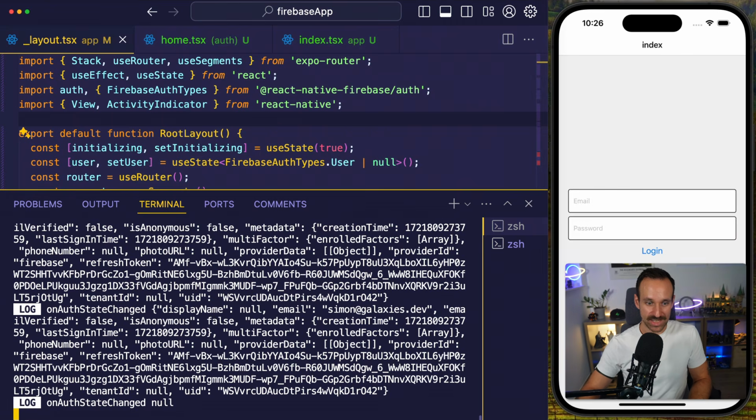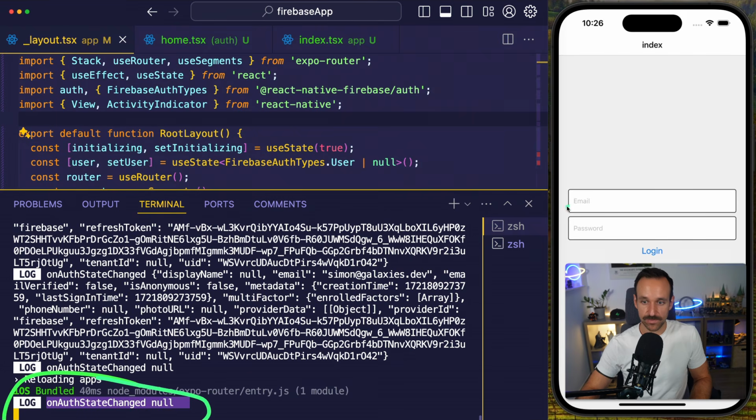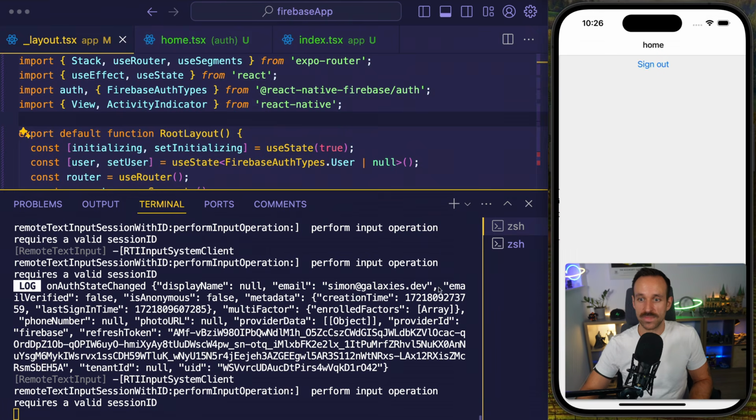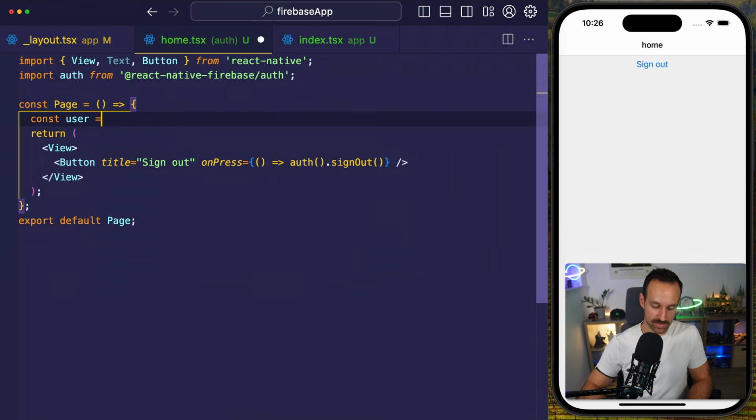All right, so if I hit reload here, and if caps lock is not enabled, it loads again. onAuthStateChanged is null. Let's do a quick login. Simon@galaxies.dev. Log in. Voila, I'm inside, and in the inside area, I'm gonna also simply access the user by using the